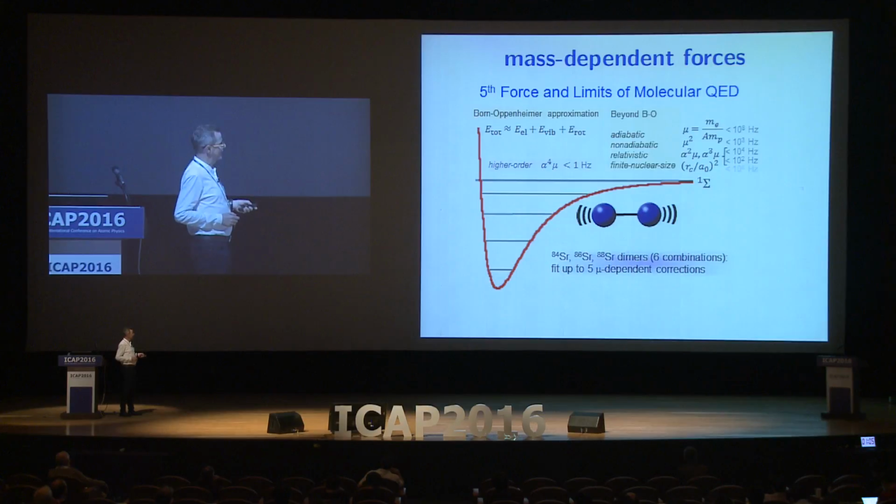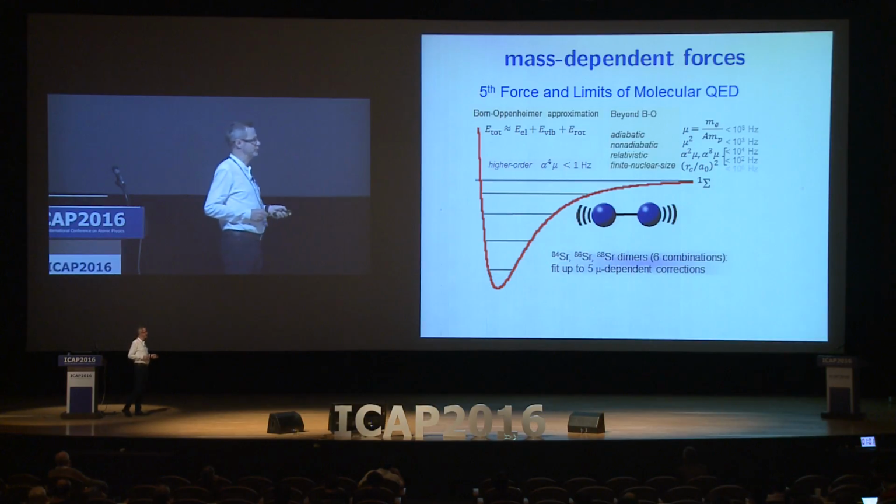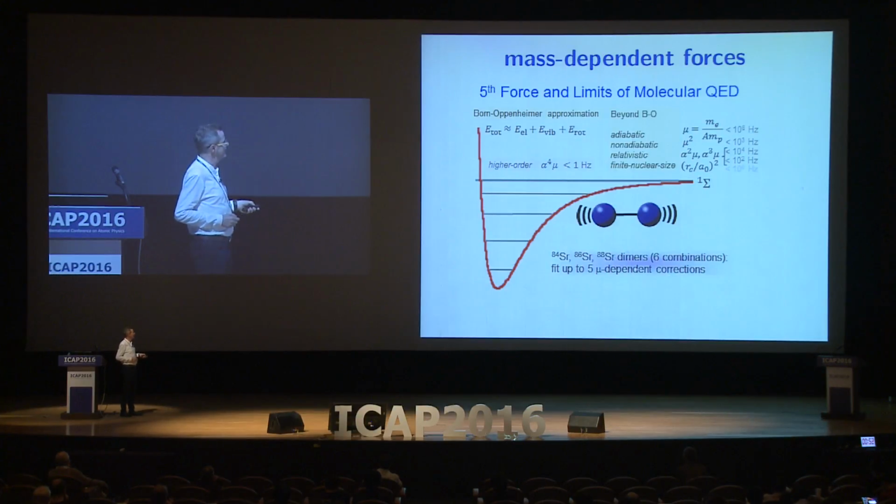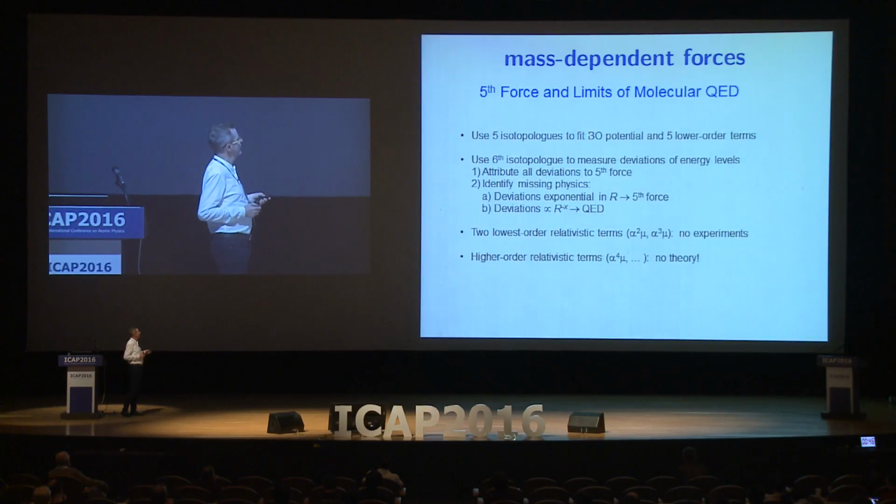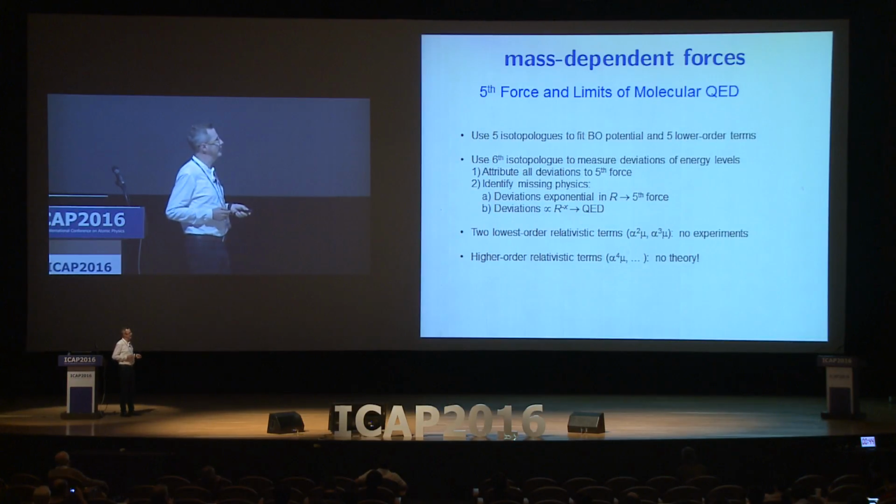Of course, the accuracy of the ab initio calculations is not sufficient to guide this experiment, but very fortunately, we have only 5 mu-dependent terms and 6 isotopic combinations, which means that we can use 5 isotopologs to fit 5 terms to the experimental data,